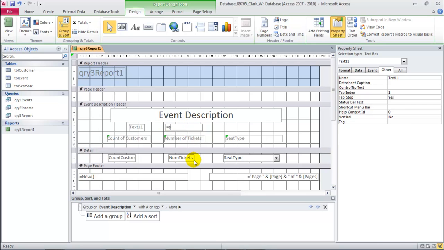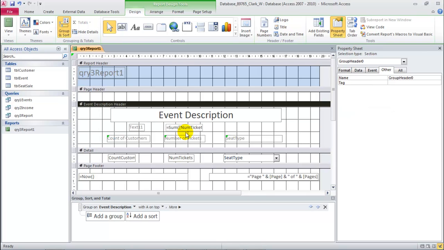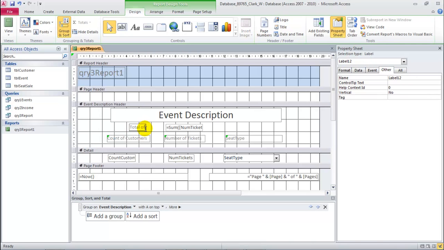equals sum of number of tickets, tickets. We can see down here is the name of the field, which is a text box, not a label. Be careful with that, because that won't help at all with the code. That is the source here, number of tickets, close the bracket, and because it's a field, remember to put the square brackets around it. Hopefully it will work. And we want to summarize as well, so here we say total of tickets sold,